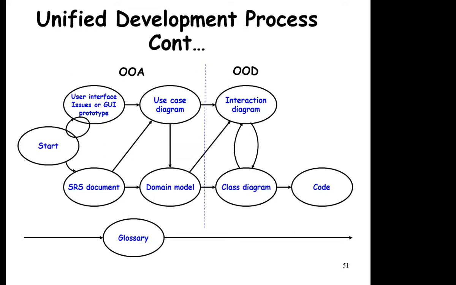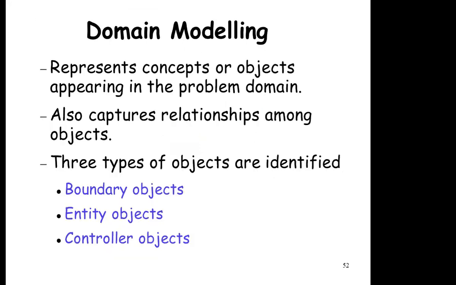So you have to go through this slide also. So what is domain modeling? Overall we have to see the whole domain. We have to identify what different types of objects are there, what the problem is, and how to capture the different relationships between the different entities or objects. Then we have to see the boundary objects. Some objects are boundary objects, they directly deal with the customer outside. Some are entity objects, which are the main members of that particular system. Then there are controller objects. We will see about these in the next slide.